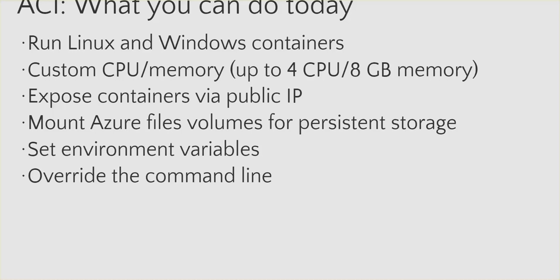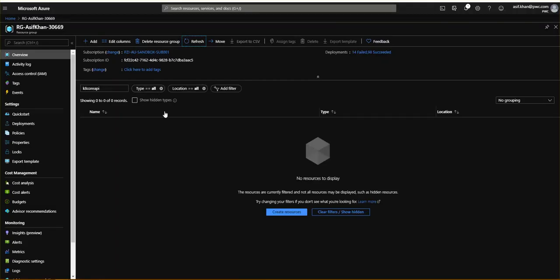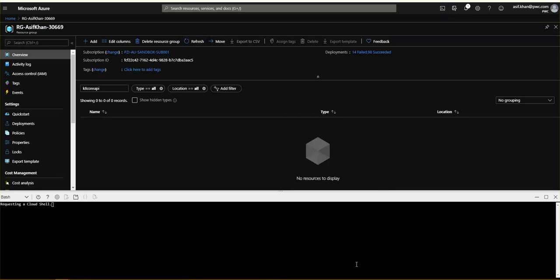You have all the command line features available as well. So in a nutshell, that's what ACI is, and that's the presentation I have. Let's jump in and see how it looks in the real world. So what I've done is I have created a resource group by this name. I'll provision it not through the portal, but through the Azure Cloud Shell,